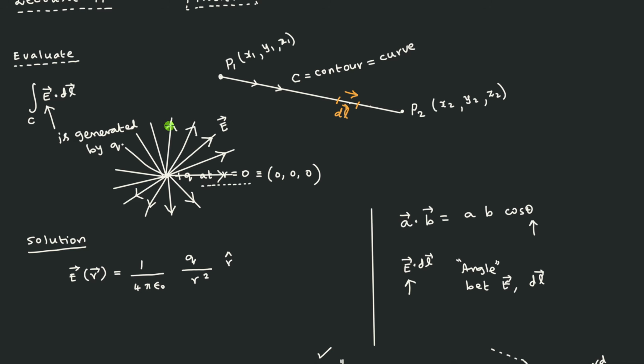Suppose I come and stand here. What is the direction of the electric field? This is the direction of the electric field. So the moment you change your position, that means if you move your location, the direction of the electric field changes. Now, why is this important? This is very important because you have to extend this particular line until it touches this particular line.